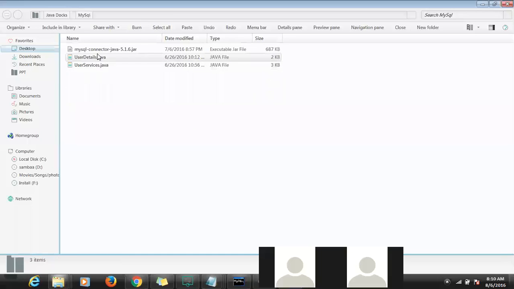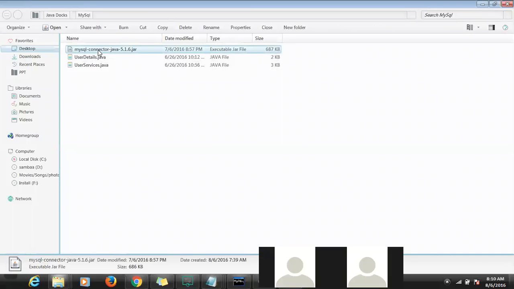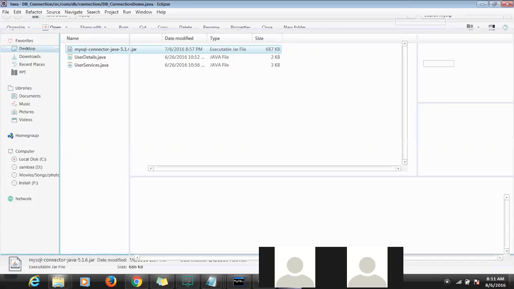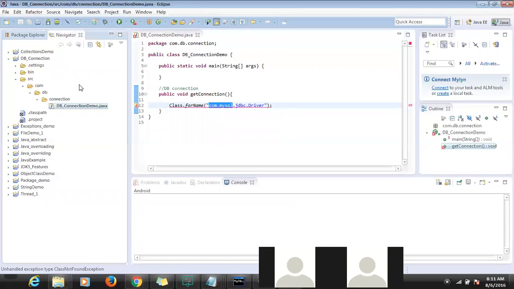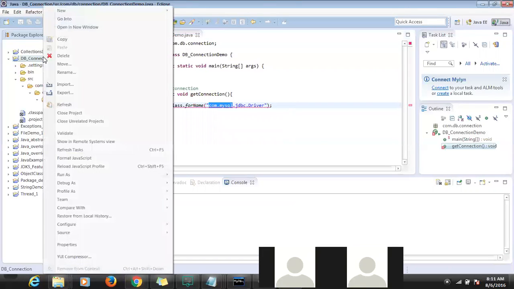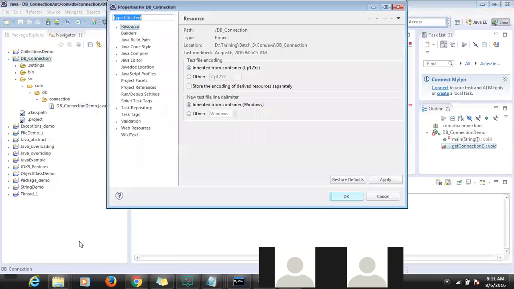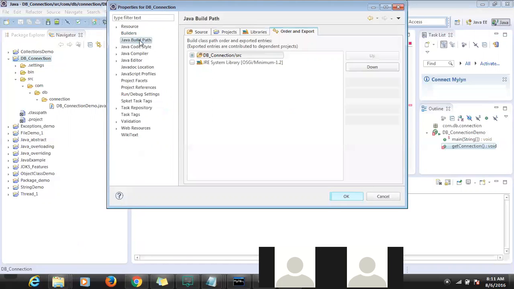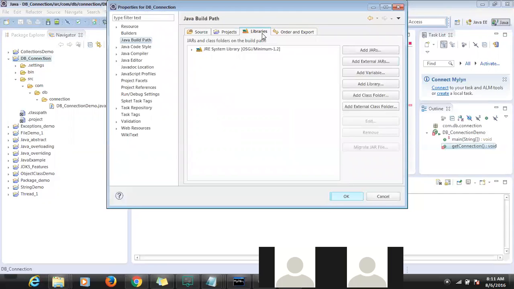MySQL. They will give you this jar. You can copy that jar into your local machine wherever you want, and you have to refer to that jar in your project. How to refer to that one? Just right click, properties. There is the Java build path, the third option. Click that one, click libraries,